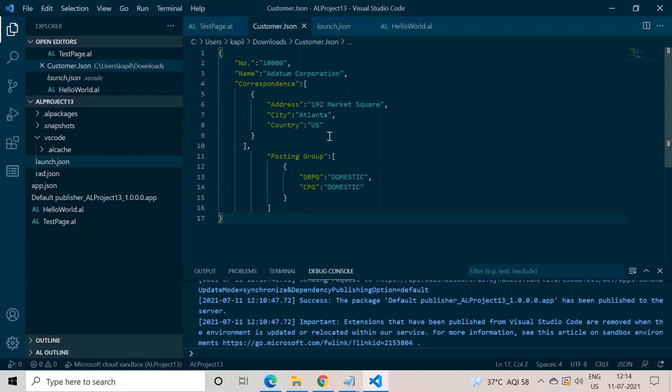Instead, we will call a public API, pick one JSON file from that public API, read the data from it, and store that data in our Business Central table. This will be the topic of our next video.